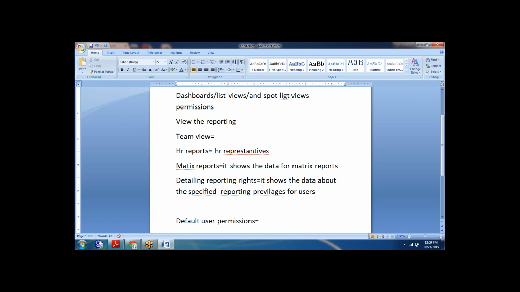Okay, I'm going to explain about default user permissions. So what exactly do default user permissions mean? They indicate the permissions that are applicable for all the users who are active in the company. The default user permissions mean that if you want all the existing users and all the new users to